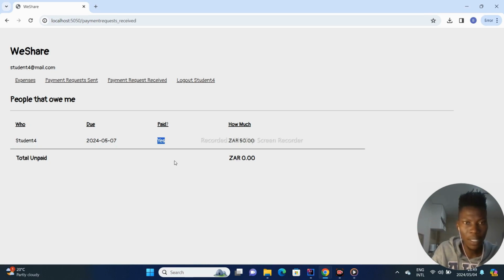This is what we call dynamic programming in HTML, in Thymeleaf, which is a framework for the front end that helps you load dynamic pages or load dynamic data in your HTML pages. So with this, now that we've paid, the button to pay has been removed, and now it says paid. You have this paid column that has the answer yes, which means we have paid the 50 rands that we owe